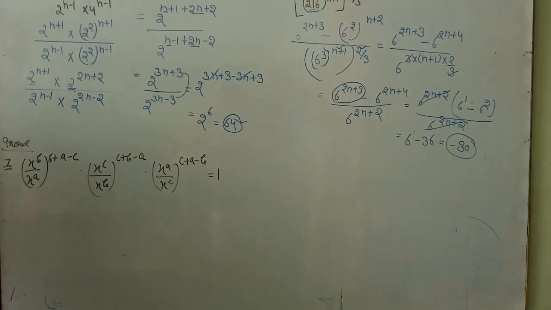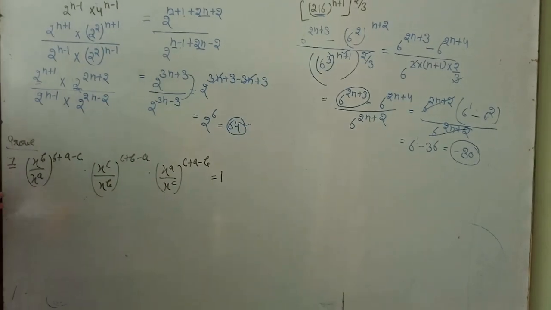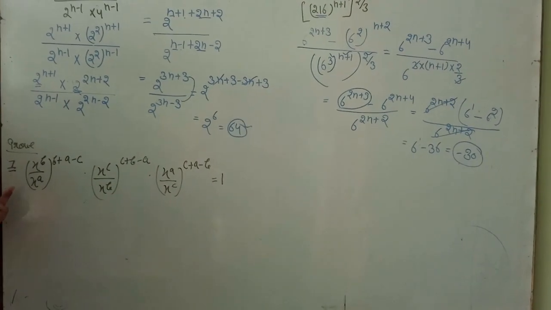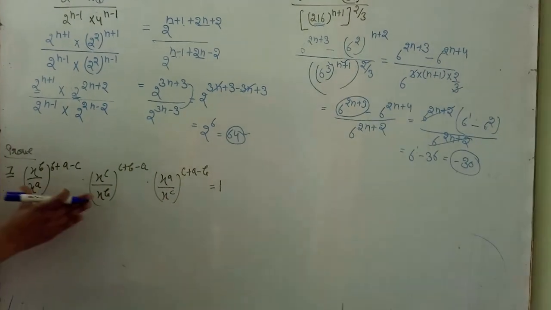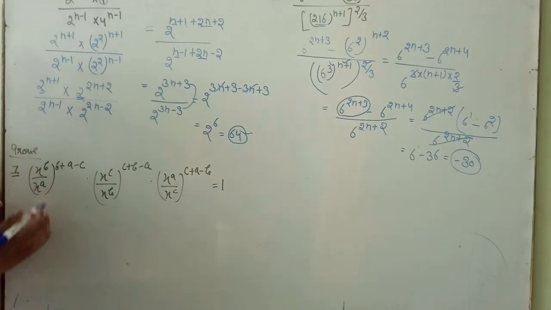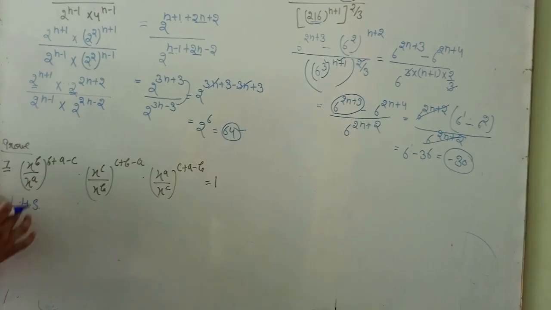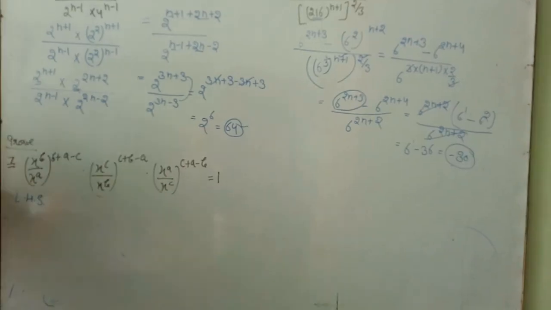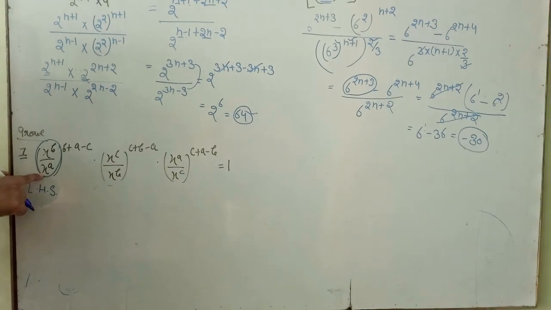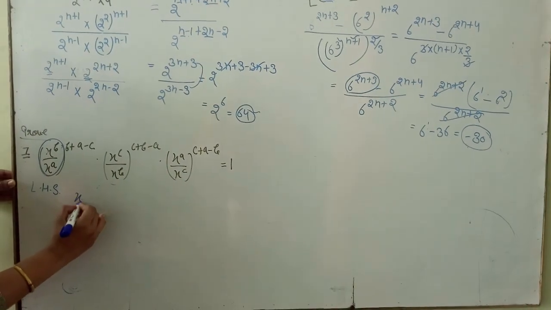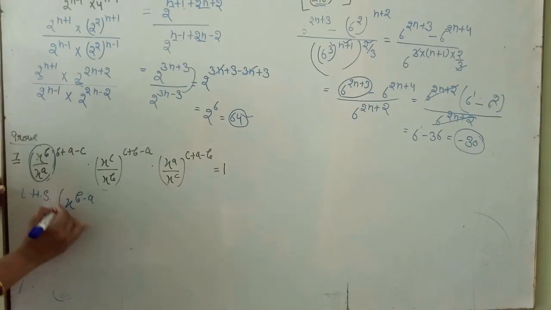Student, we have to show, prove that left hand side equals 1. In this question, we have to prove that left hand side equals 1. Clear? First we take left hand side. For proving this, we take left hand side. We take this side. We can write this base, then according to quotient law, x raised to the power b minus a in place of this, and complete.